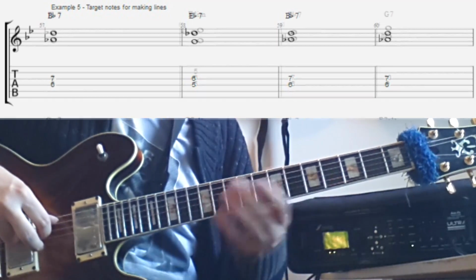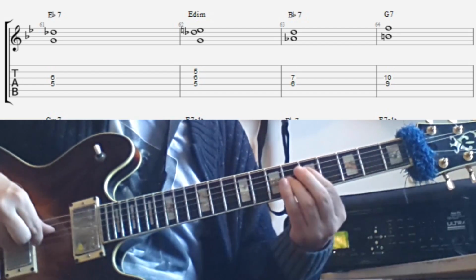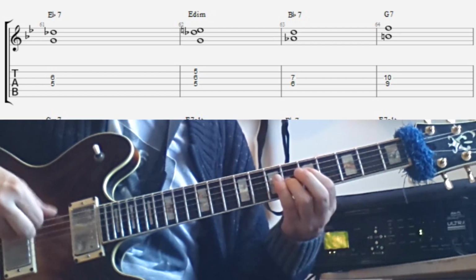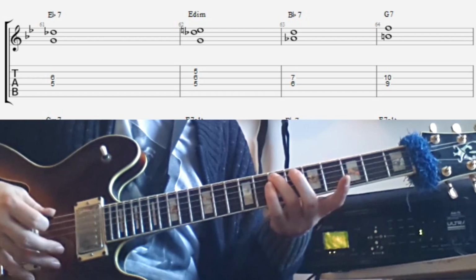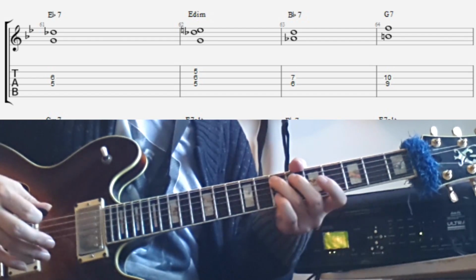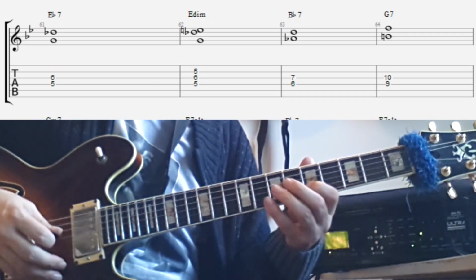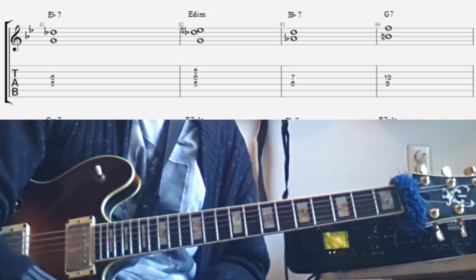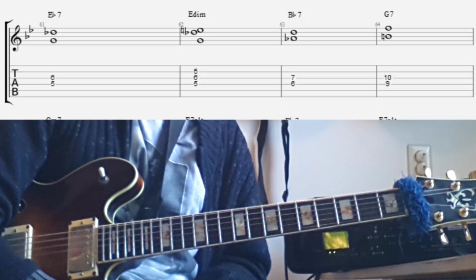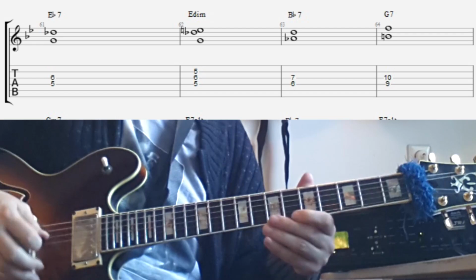On the E diminished, well, I think I've written down this. I mean, you can use the same as on the E flat, because the E diminished is the same as the E flat 7, except that the root is a half step higher. And actually, that means that it's probably that note you kind of want to hit if you want to have a clear line that you can hear. Now it's changing to this chord without having to hear the chords at the same time. So the E is probably the most important